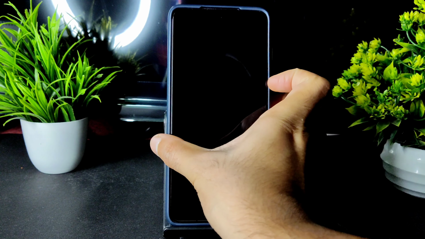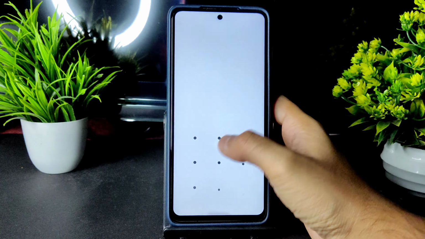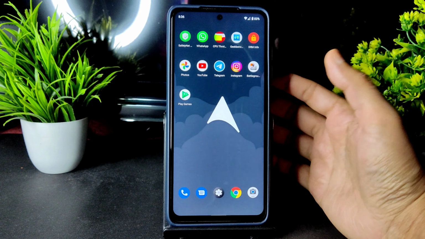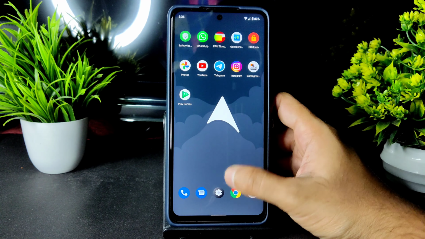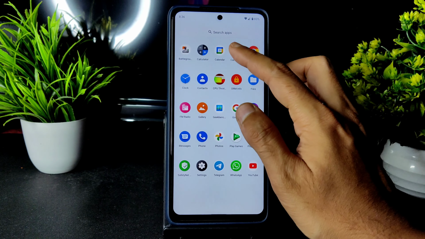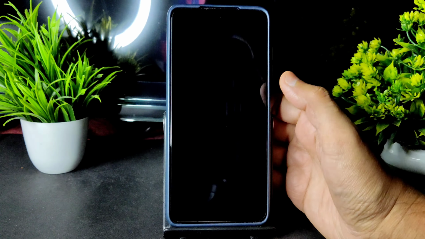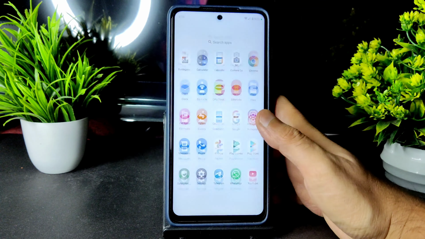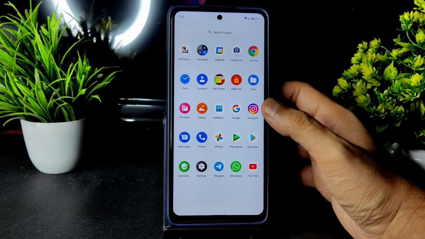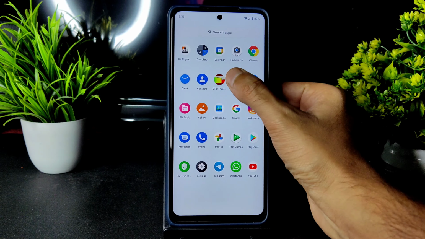Not the quickest, but still it's a very quick fingerprint unlock. Only two options you will get: pattern, PIN or like that you can keep, or the fingerprint scanner. You won't get any face unlock feature in this ROM. And Google Go camera is pre-installed in this ROM, as you can see. If you want, you can use any Gcam port. I think even the ANX camera is also flashable in this ROM.